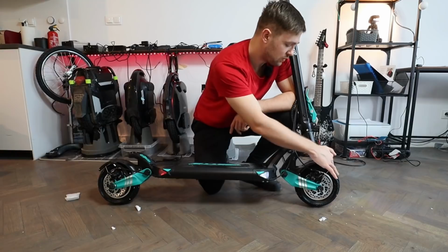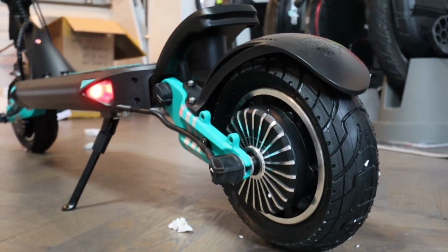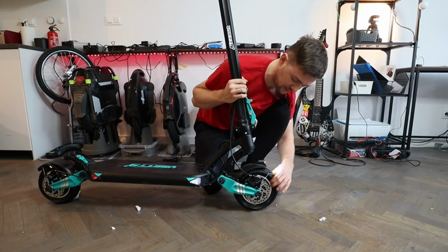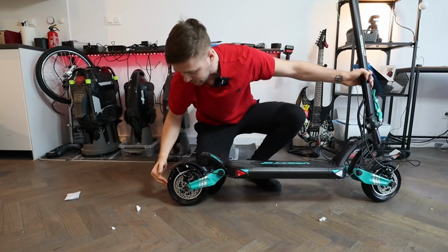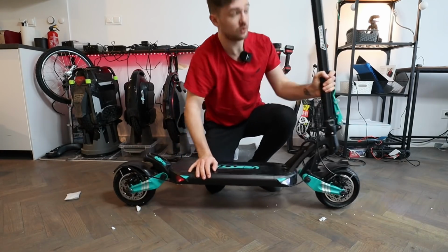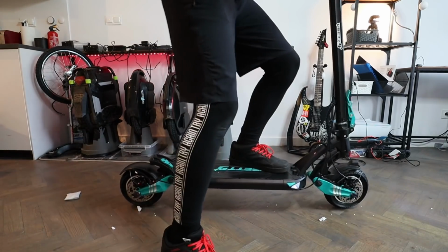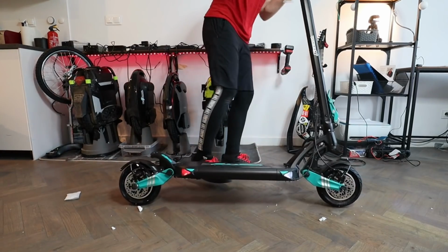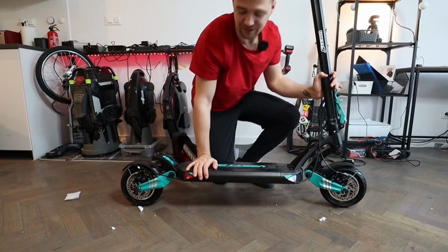And it also has these new 8x3-inch tires, and they look so interesting. The thread is way different. I think I didn't see this thread yet on other scooters, but these are tube tires, really wide, and most importantly pneumatic, so the comfort will be really cool. Naturally, it also has suspension. Let's check this out, which feels, well, of course, less than on the 10 Plus, but I don't know. We'll have to see about that. Definitely feels more comfortable than the TechLive